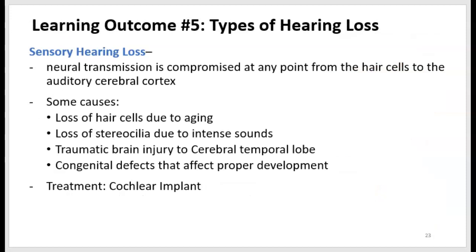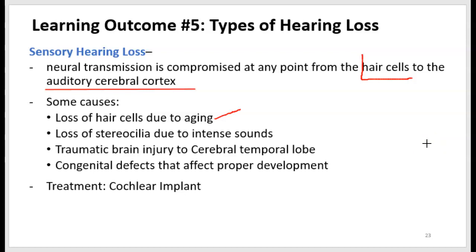Okay, the second type of hearing loss is called sensory hearing loss. And sensory hearing loss is the category that we would put any kind of deafness into that deals with the nervous system. So neural transmission is compromised. That means from the hair cells to the cerebrum. So when we lose hair cells due to the aging process, because some hair cells just die naturally,